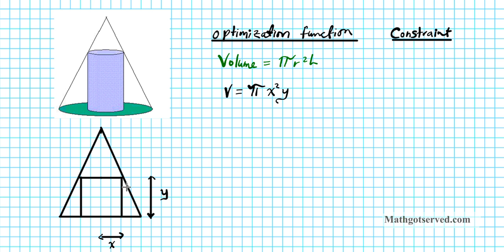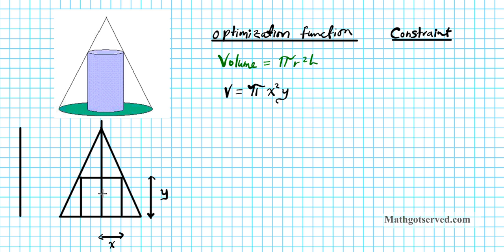One method is by using similar triangles, and the second method is by using the equation of a line. All right, I'm going to show you both methods, and then you can basically pick the one that you like the best. I prefer similar triangles because it's straightforward, and I don't need to do any hard work with that. So let's see. If I want to use two similar triangles, I need to basically make a statement that